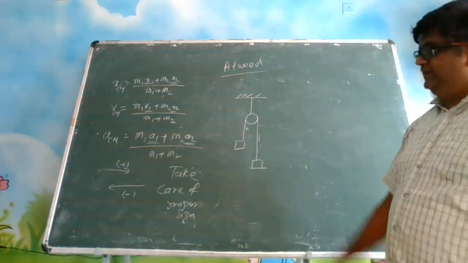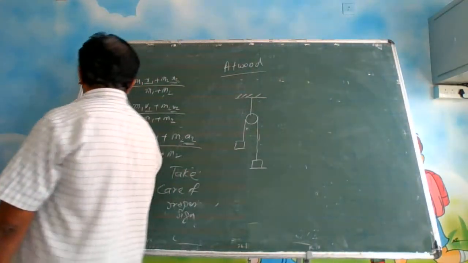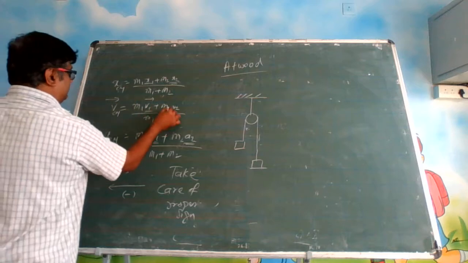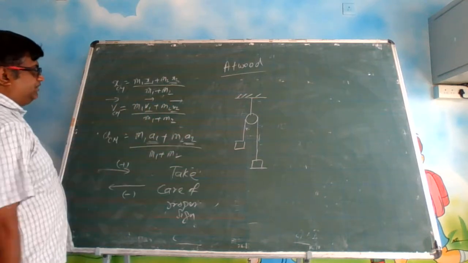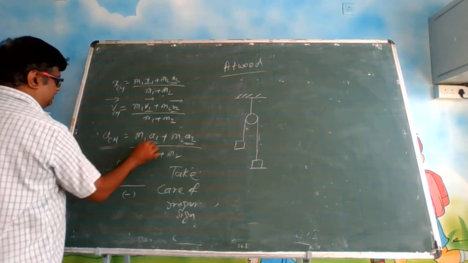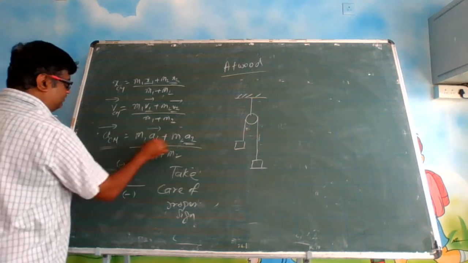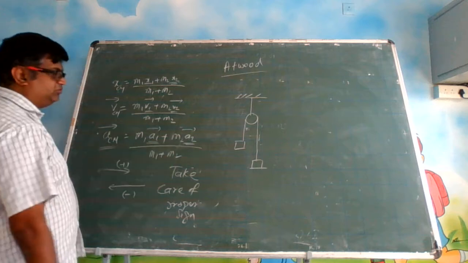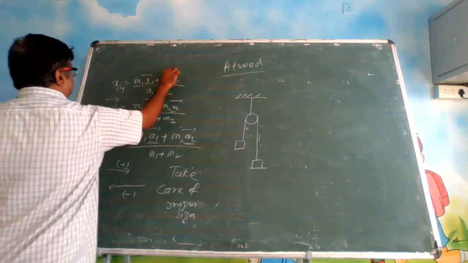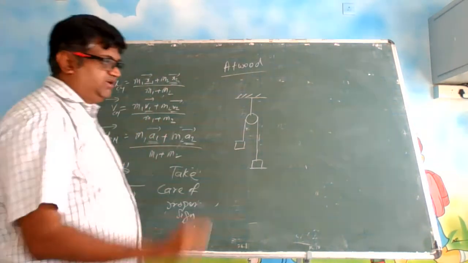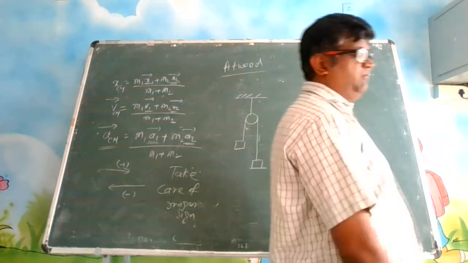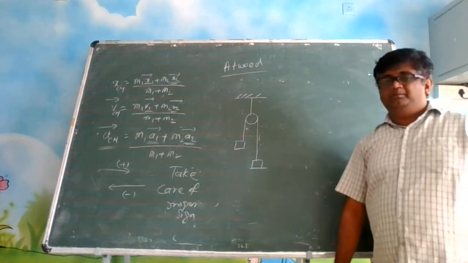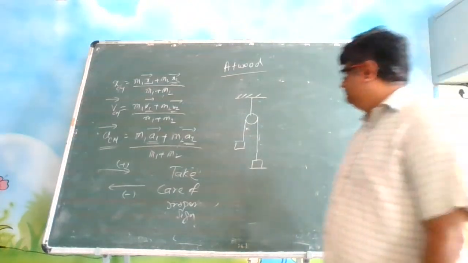Can I write the same expression as v_cm vector equal to (m1 v1 vector + m2 v2 vector)/(m1 + m2)? Can I write a_cm vector equal to (m1 a1 vector + m2 a2 vector)/(m1 + m2)? The same applies here also. They are vectors, not simply magnitudes. You have to take care of the direction also. This is a very, very important point. Don't miss the directions.